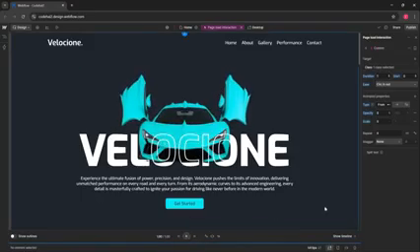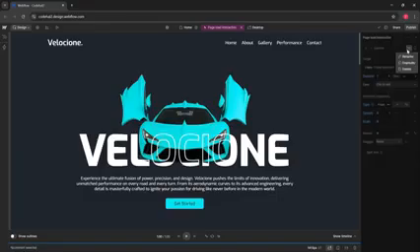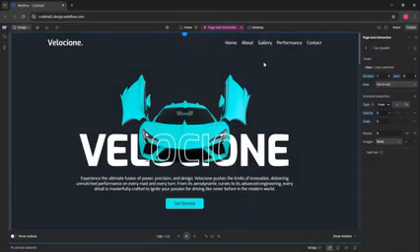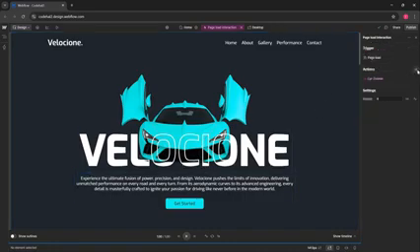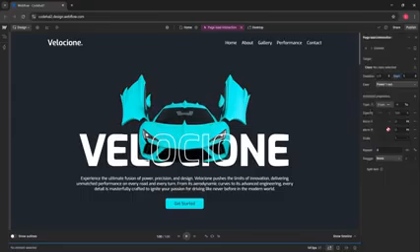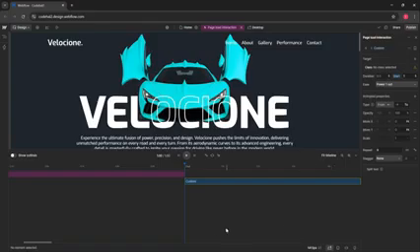Okay, before moving on to the next element, I will rename this action or animation to car zoom in, for example. Alright, next we will animate this description text. We can click this back icon, then we can click the plus icon to add a new action, and choose custom again. But before I continue, you can see at the bottom here, now Webflow presents a new timeline with